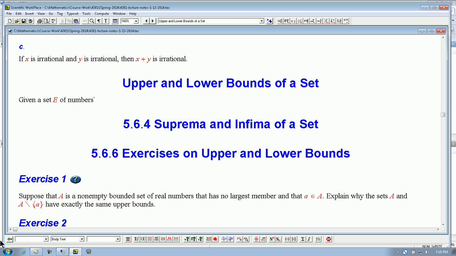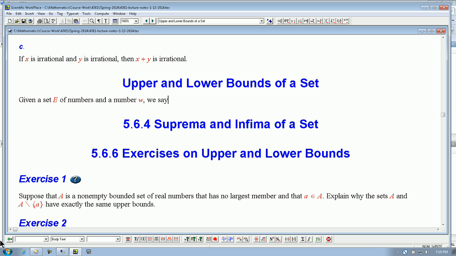So anyway, given a set E of numbers, and all our numbers are real, I'm not working with complex numbers in the course because we don't have time. I would have to tell you what complex numbers are. It's a long story. Given a set E of numbers and a number W, we say,